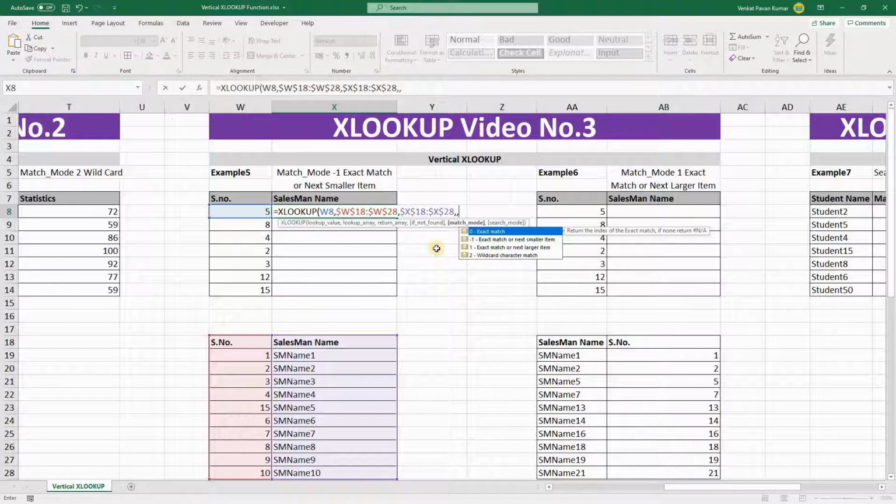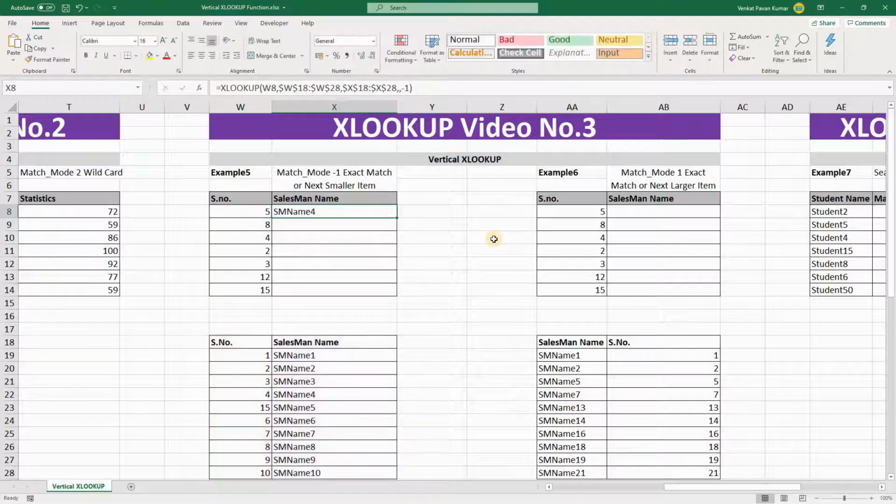For this example, we need to use the second option, -1, which is exact match or next smaller item. I'm going to close the bracket. For serial number 5, we got SM name 4. For serial number 5, we do not have the data, so that is the reason it picked up salesman name 4.